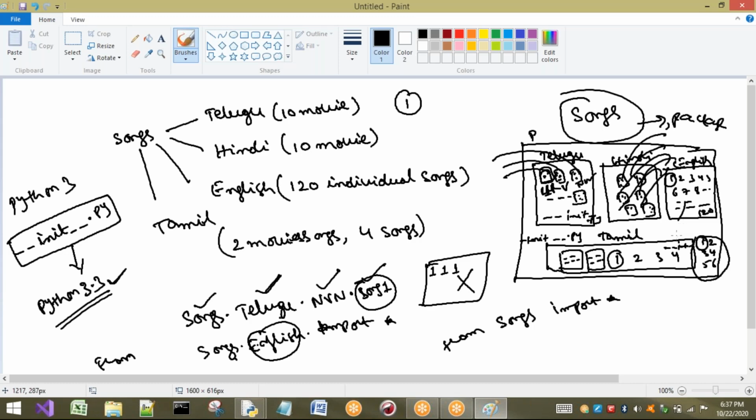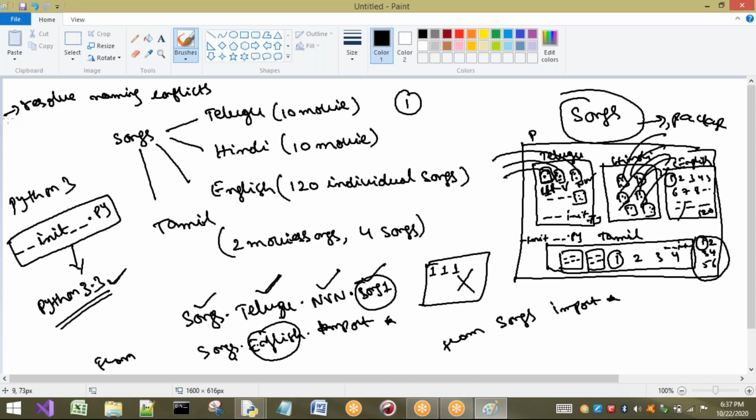That means the same name can be there for multiple modules by using the concept of packages. So we can resolve naming conflicts by placing the same type of files in different packages. First advantage: resolving naming conflicts.